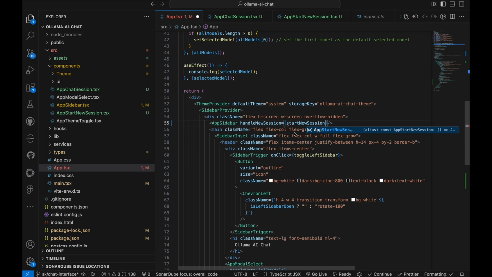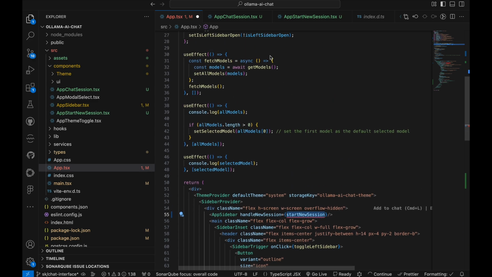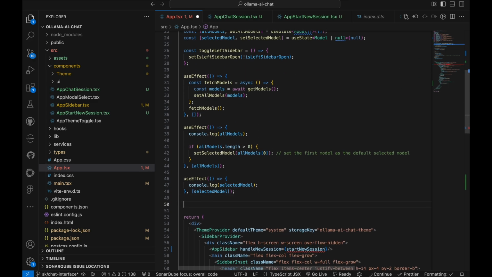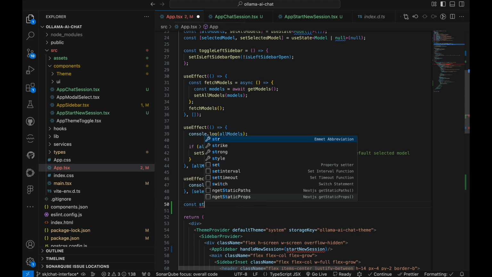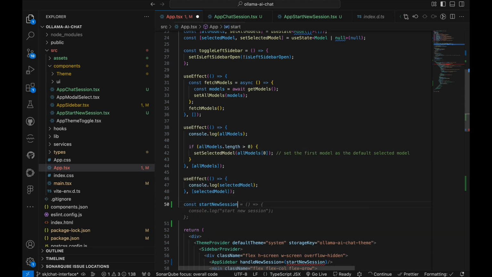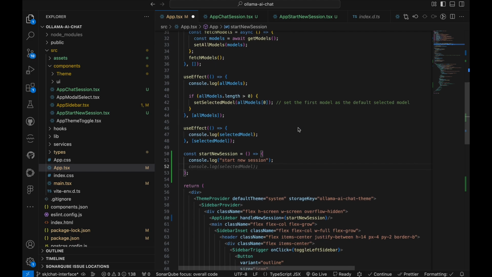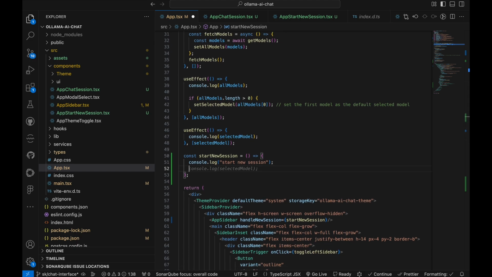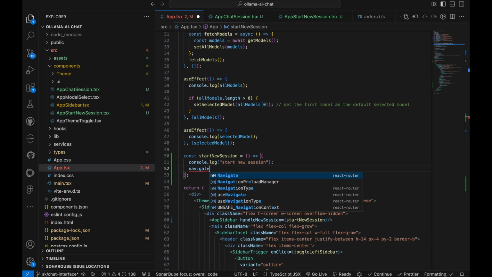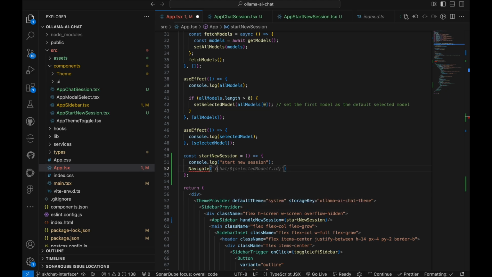So we'll say start new session, our function name, and this we will create here, declare here. So let's say we log it, like whenever we click start new session, it should log start new session, right? Save it. And once we have it, we will